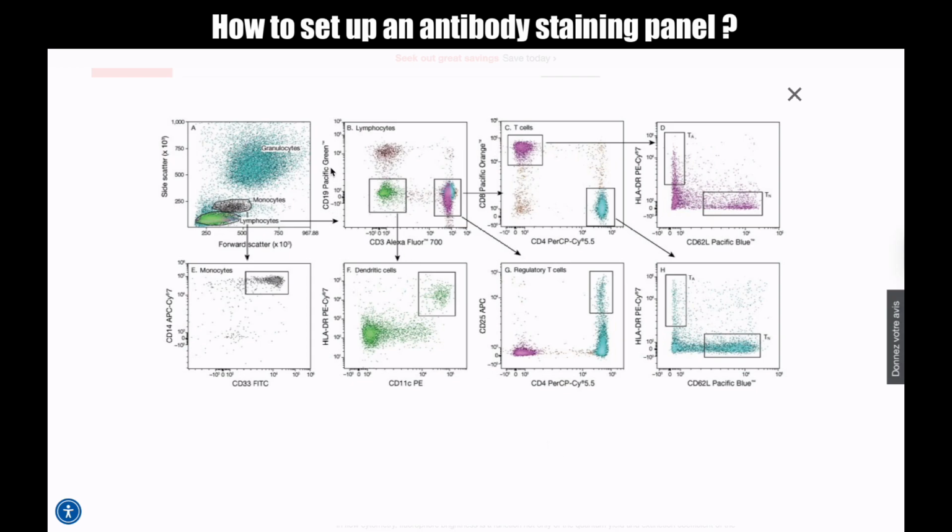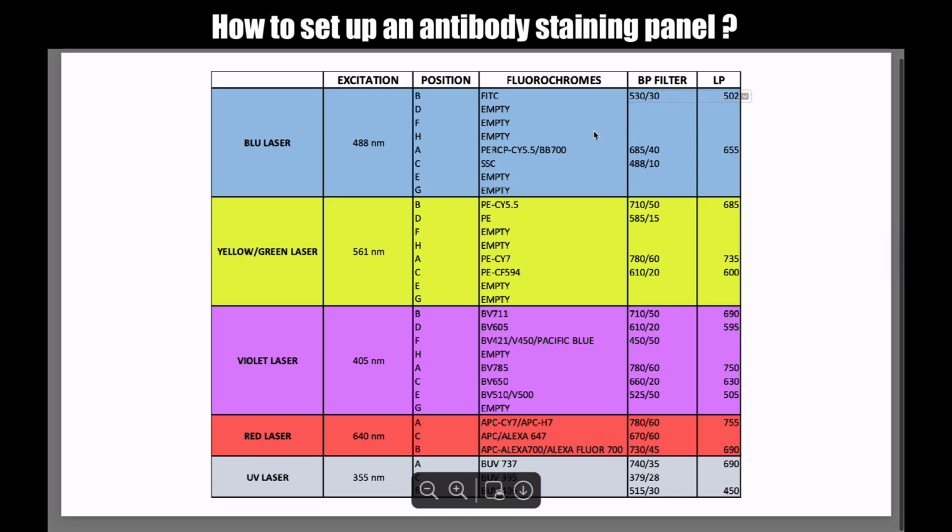So instead of using Pacific Green, maybe you can use another one, right? That could be coming from even a different laser than the blue laser. For example, you might want to use CD19 with a violet laser, so maybe in BV510, V500. It really depends on the antibodies that you have in your laboratory.